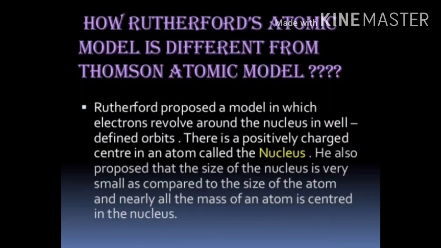The Rutherford model is different from the Thomson model, as Rutherford proposed a model in which electrons are revolving around the nucleus in a well-defined path. This path is known as an orbit. There is a positively charged center in an atom known as the nucleus. He also proposed that the size of the nucleus is very small as compared to the size of the atom,